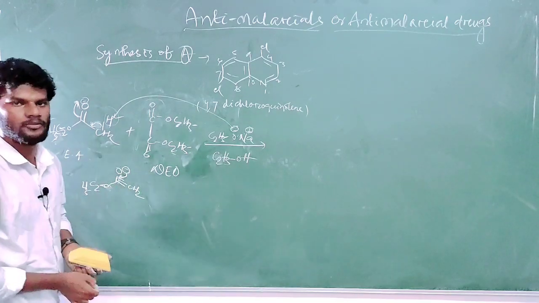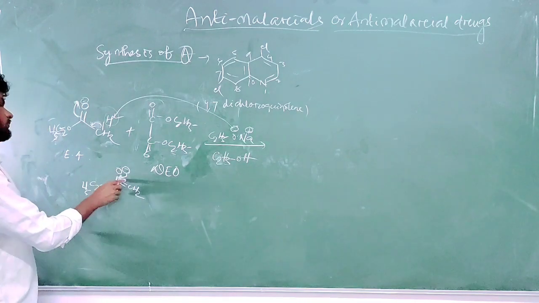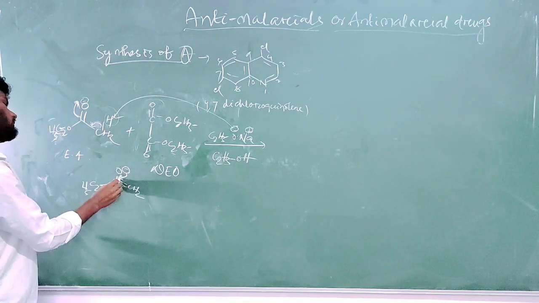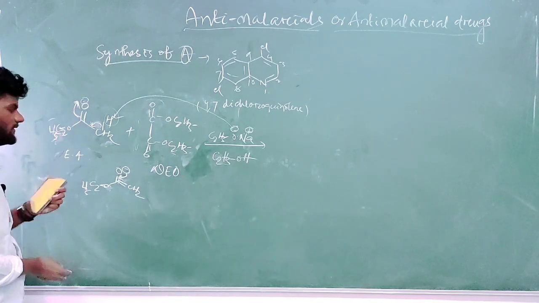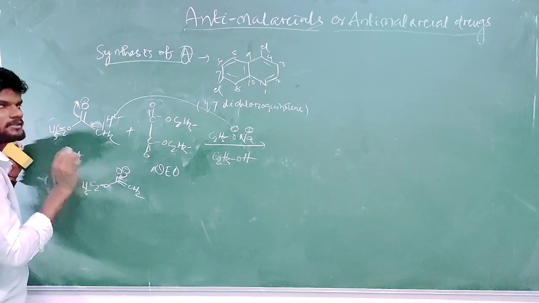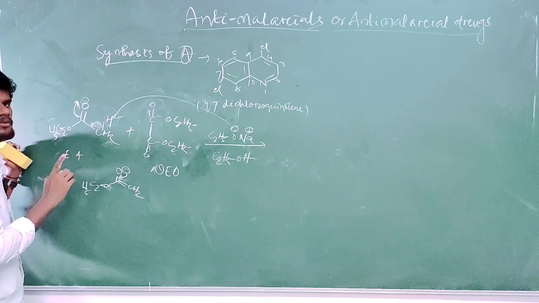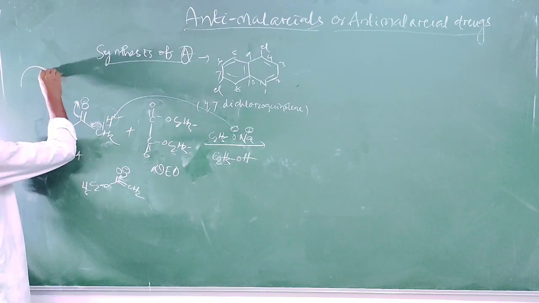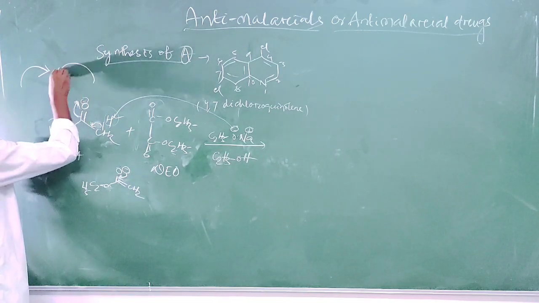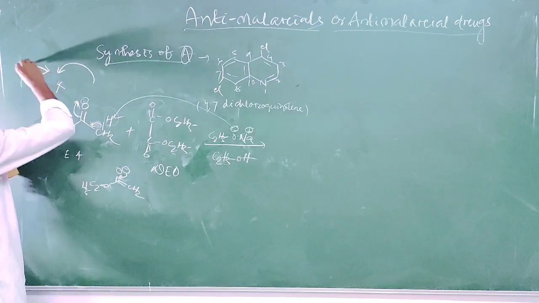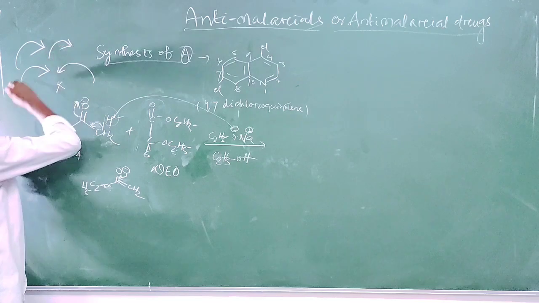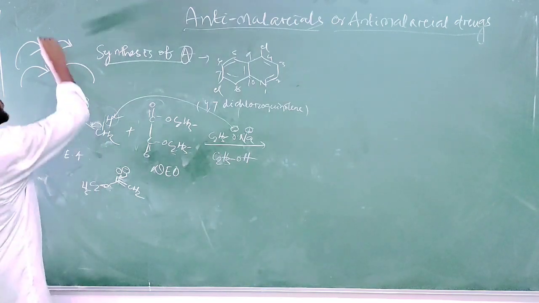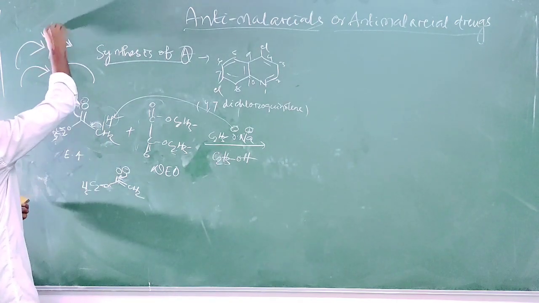Draw the arrow mechanism with me. Always the push-arrow mechanism is important. For every reaction it is required, and it is easy. Just remember it is unidirectional, the same direction it will go. It will not be that one arrow comes this way and another arrow comes that way. This is wrong. If one arrow goes in this direction, the other arrow goes in the same direction. So this is right. That is why it is unidirectional.